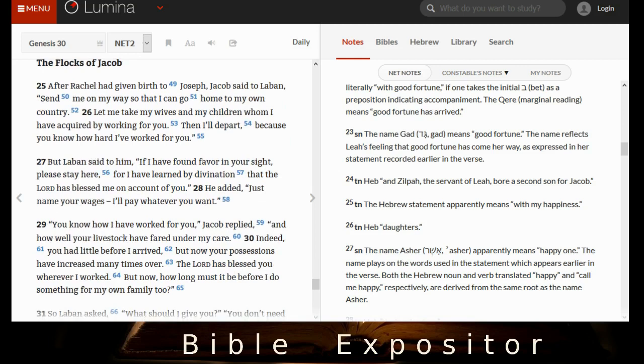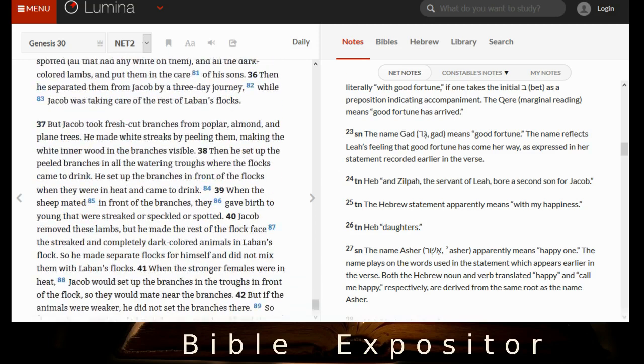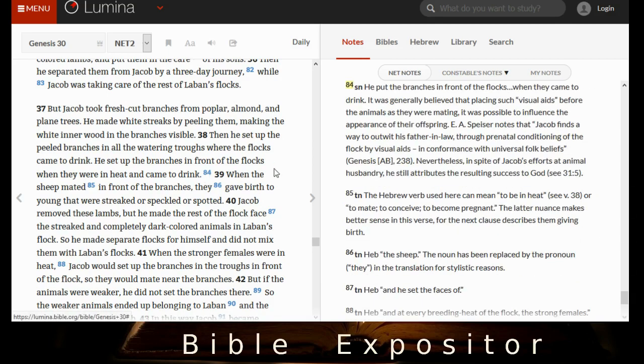But Laban wants to keep him around because he realizes that he has only become wealthier due to God blessing Jacob. So Jacob agrees to stay, but he has an ulterior motive, a plan to benefit from Laban's greed, per note number 84. So let me find, they've had this discussion about what should we do next, and I wanted to go down here to just before verse 39, and it explains some things about the branches and their thoughts on that.